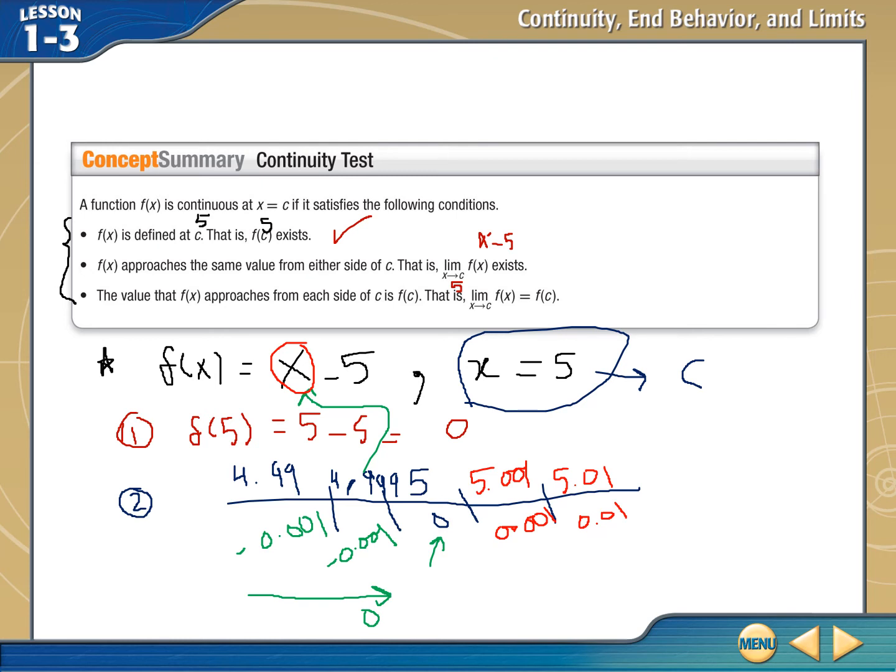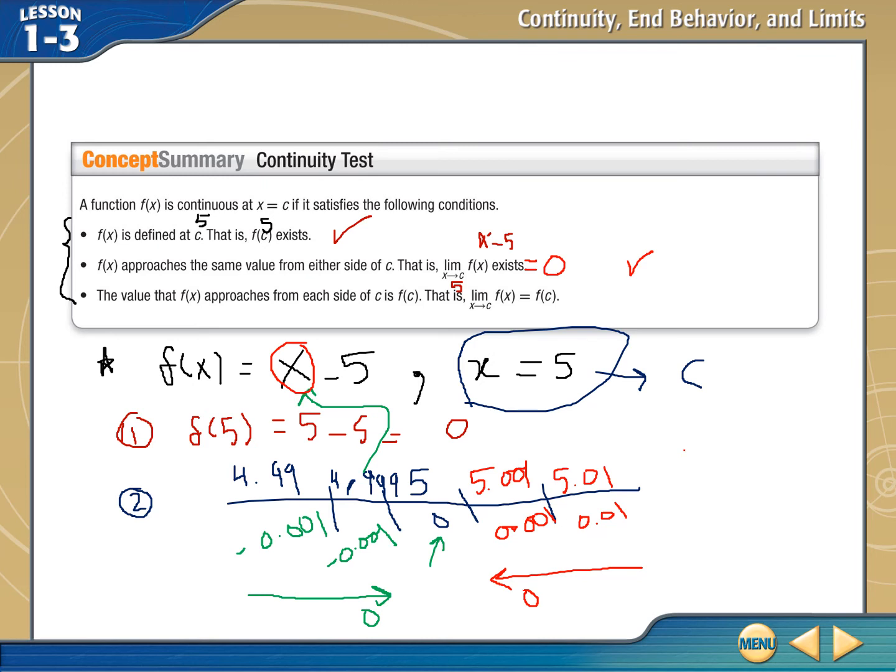As I come from the numbers that are right of 5 and get closer to 5, these numbers look like they're getting smaller and smaller and trying to reach 0. So what do I write now? Yes, the limit as x approaches 5 is equal to what? Is equal to 0, from the left and from the right. So the limit exists and the answer is 0. If you pass these two tests, like 90%, it's a continuous function, but let's see, because there's a chance of